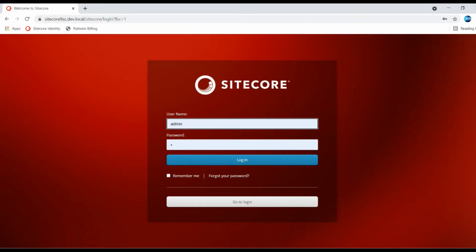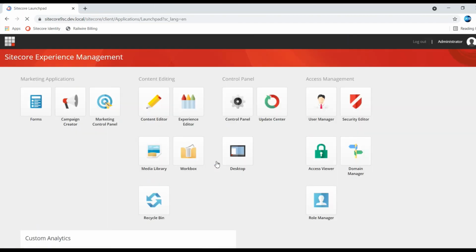Let's go and see how it's loaded. Now I will show you the version, which should be 10.0.2. Let us see what the version will be. Yeah, it's loaded. Now I'm going to the Update Center and checking the version.